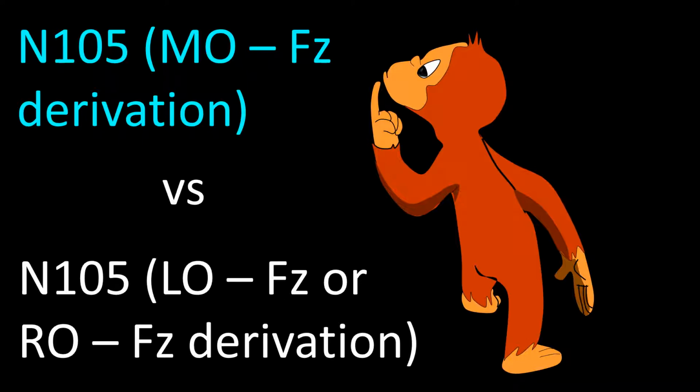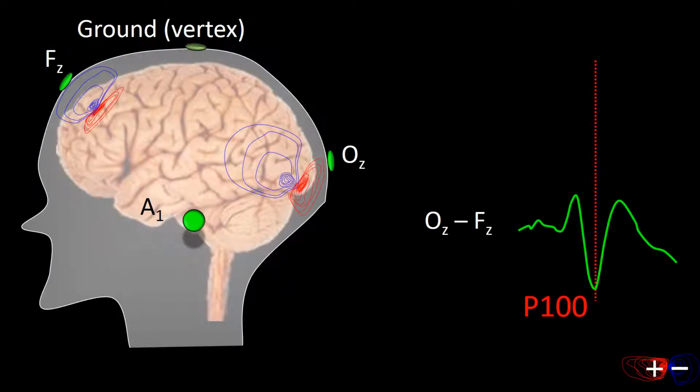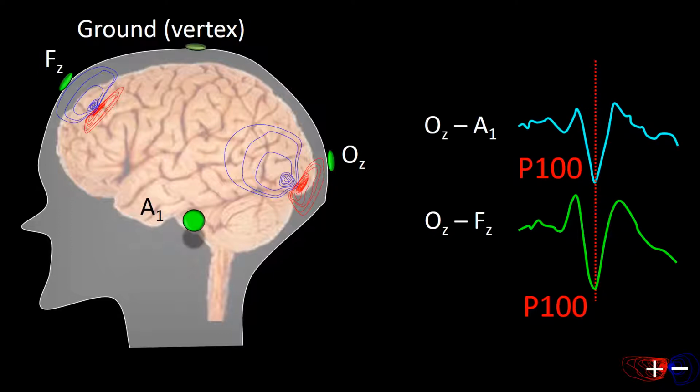The origin of the N105 peak that is encountered in derivations using sagittal occipital electrodes, such as those that use OZ, MO, or Inion referred to FC, can be understood by remembering that most of the time a more robust P100 is found when OZ is referred to FC than when OC is referred to A1. And that is because